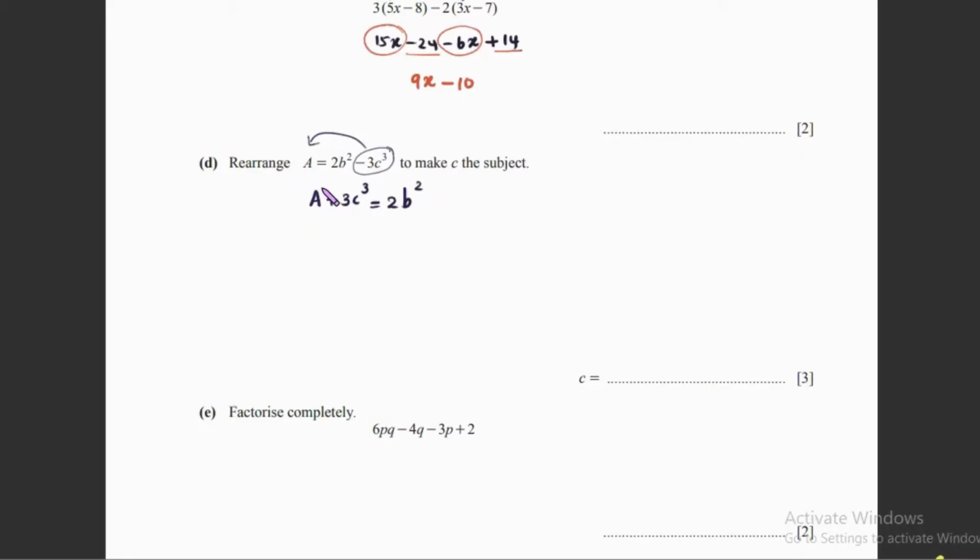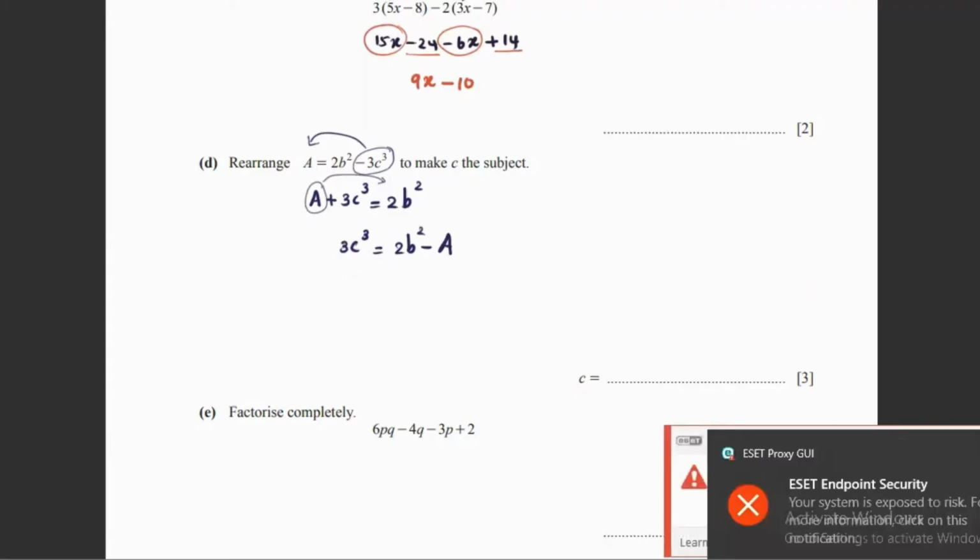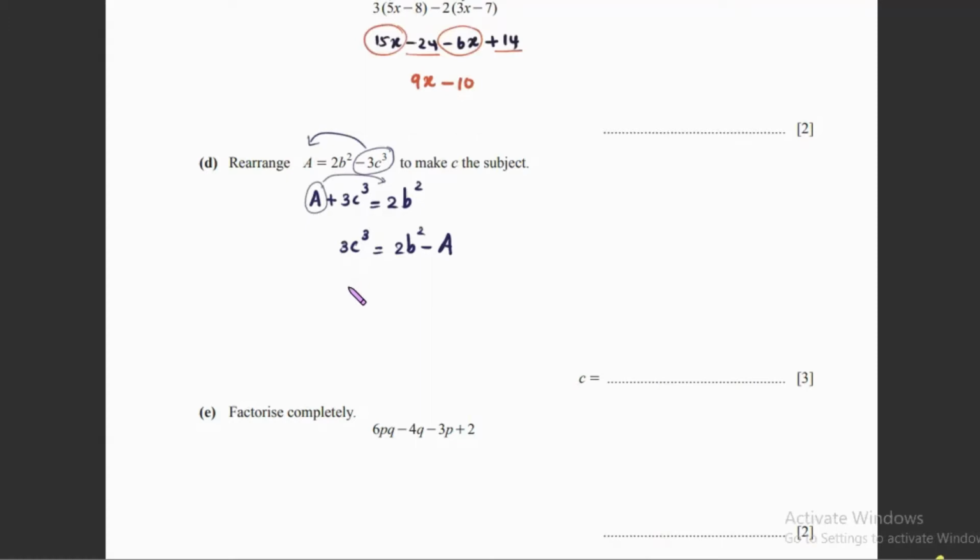I now will bring A to the other side. So 3c cubed is equal to 2b squared minus A. Now with the c cubed, I have 3. I'm going to remove this 3. The 3 is multiplying with the c cubed. So if I'm to get rid of that 3, I need to divide by 3. So c cubed is equal to 2b squared minus A